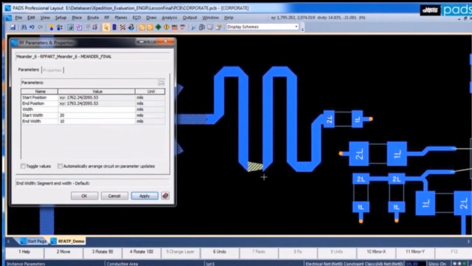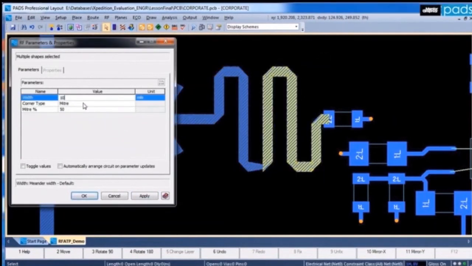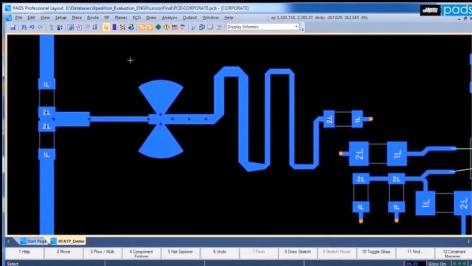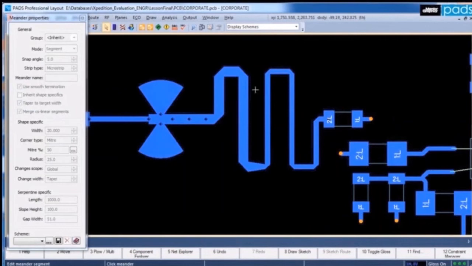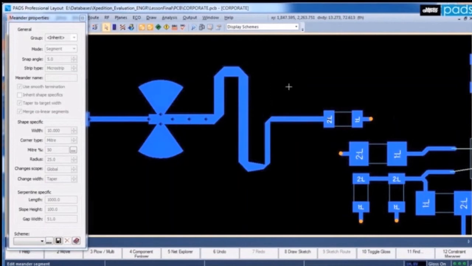of entire segments. You can also change the width of multiple segments at the same time by window selecting the multiple segments. To interactively edit the meander, invoke the Edit Meander command and move the segments as you like. When moving segments over each other, the command will snap them into place and remove redundant segments. The Edit command also provides options to lock bends during the edit operation to allow seamless editing of meanders at